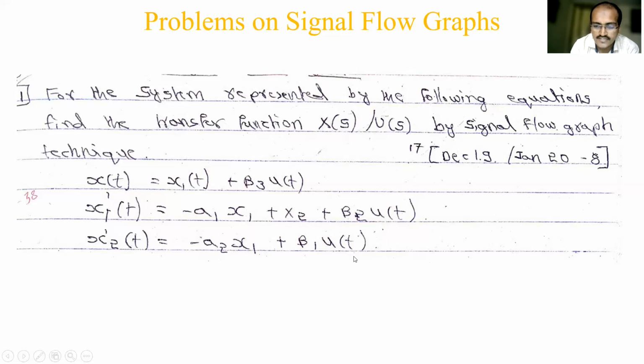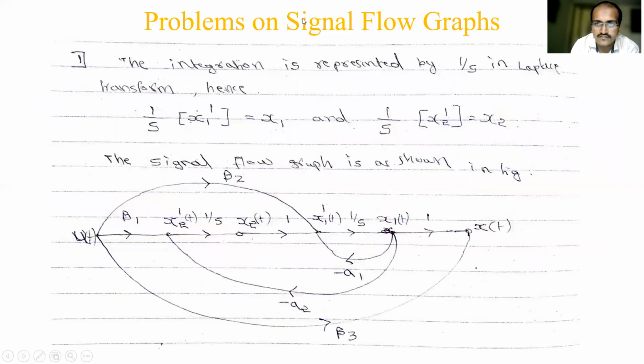So now when you write only these three equations, these two will not be filled. They will come empty. So to fill this, we have taken this. Integration of a differentiation is nothing but the variable itself. Again, integration of a differentiation is a variable. So from that we have multiplied here 1 by S, 1 by S. So now what are the variables now?